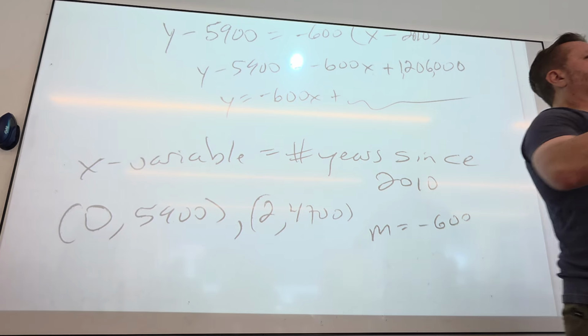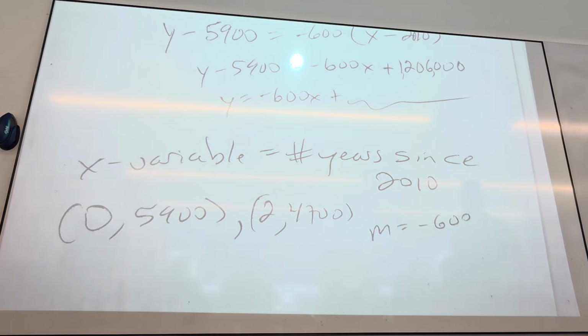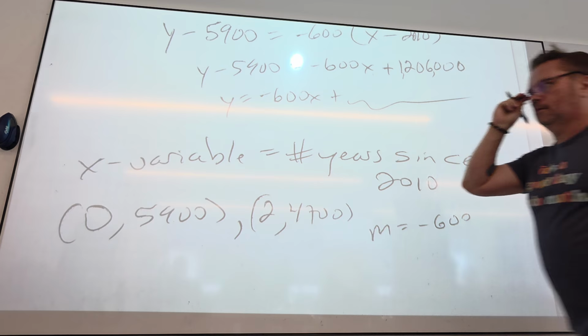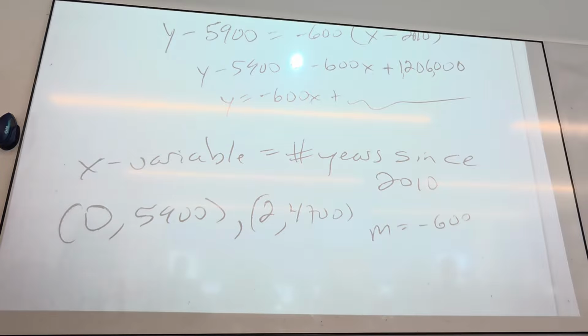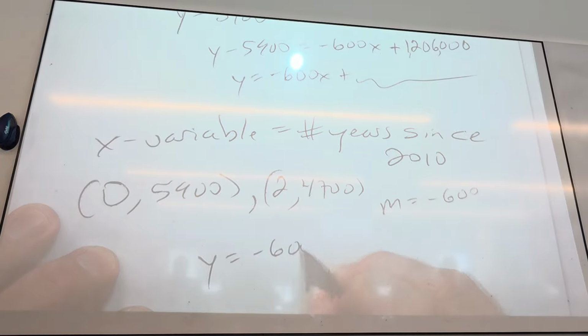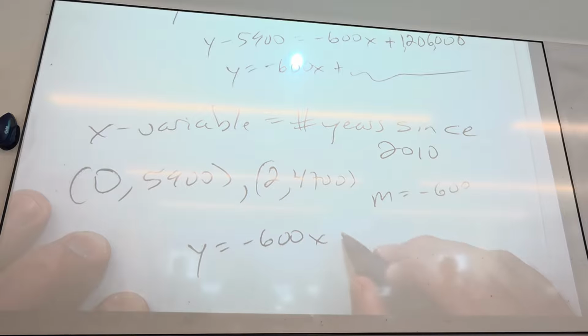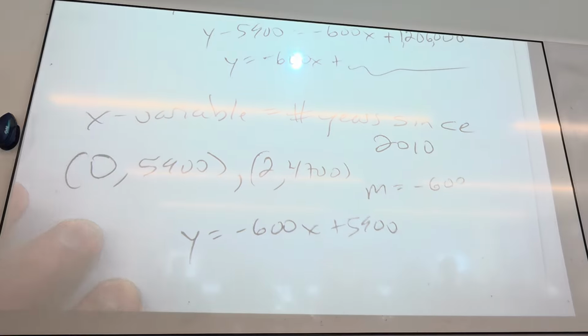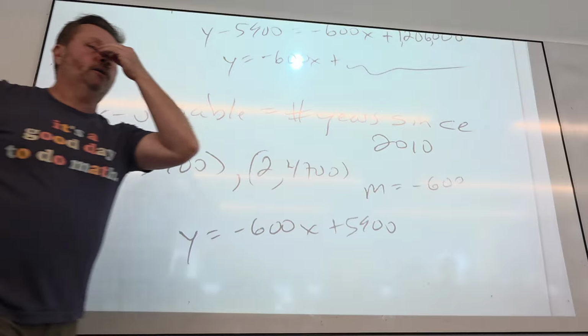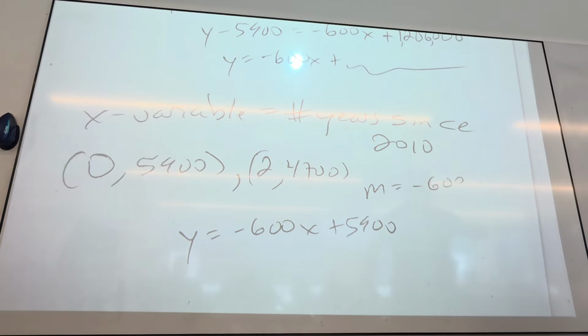What is so beautiful about the way we chose to do this now? Do I have to use y minus y1 equals and so on? No. What do I know now? The y-intercept. So y equals negative 600x, because I know the slope, plus 1500. So much better. Now, if they ask me to predict how many people are in the town in the year 2016, do I put 2016 in for x? Because that's not how we defined x. So that's the trade-off. You have to remember, I defined x to be years since 2010.